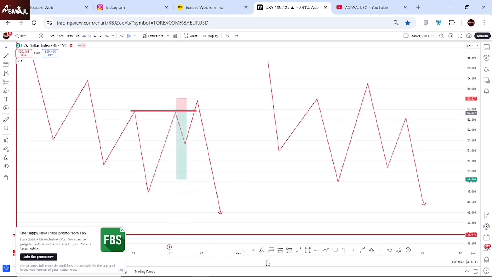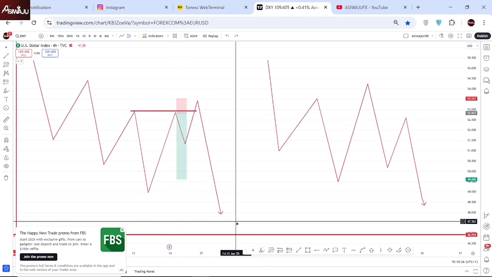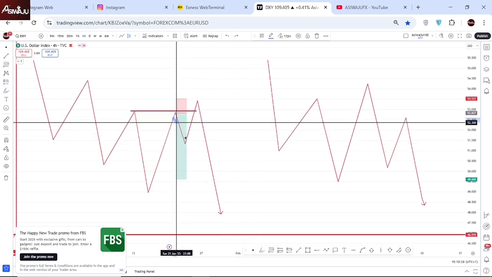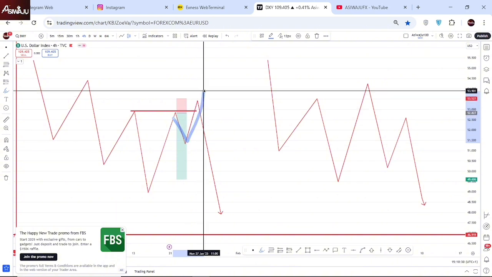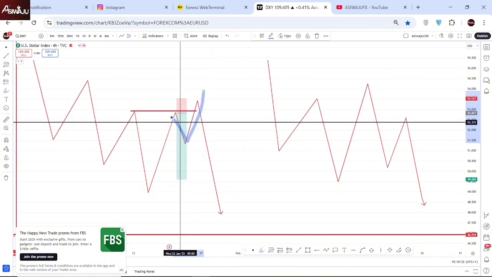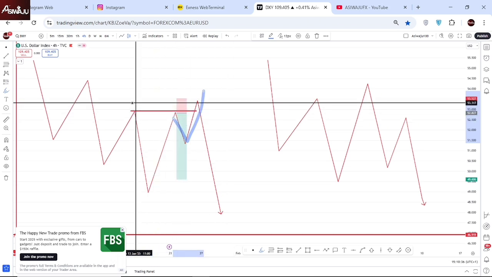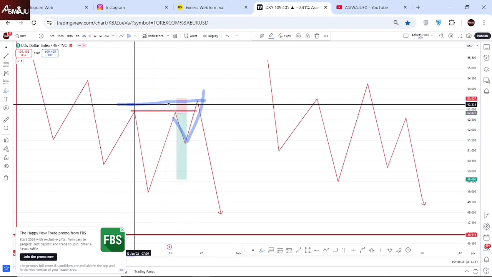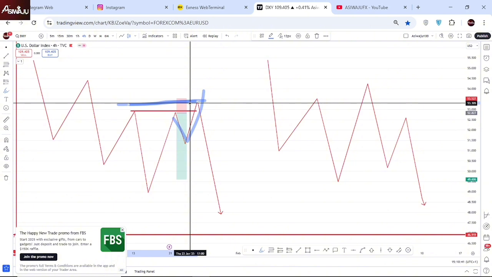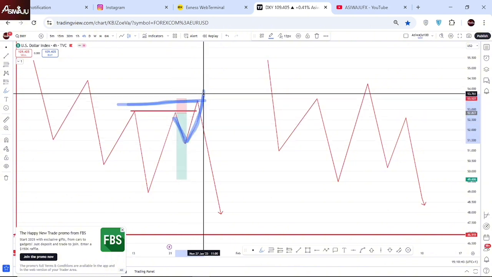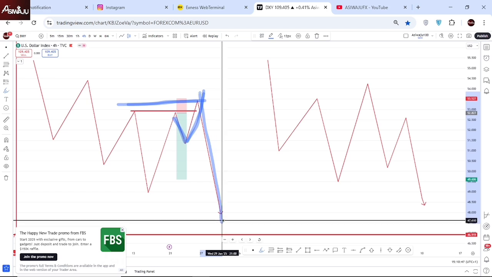At some point here, the institution will push price back and grab all their liquidity, because those retail traders that sold from this point, all their stop loss will be at this previous high. So all their stop loss will be sitting here. That's why they push price back to grab all the liquidity sitting here, and now they push price back